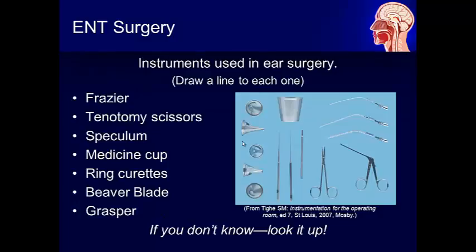As we go over the instruments on this slide, draw a line from the instrument to the picture. On the left-hand side, we see the ear speculums. Speculums are inserted into the external ear and can be attached to holders which act as a self-retaining retractor because they connect to the bed and utilize arms for holding the speculum in place. The next 2 instruments are ring curettes, which are